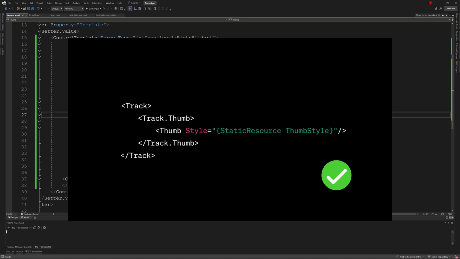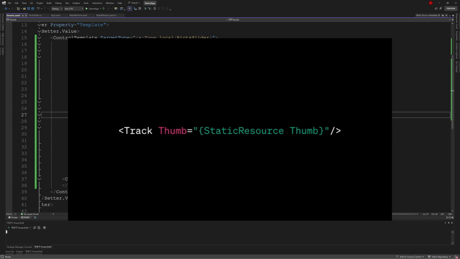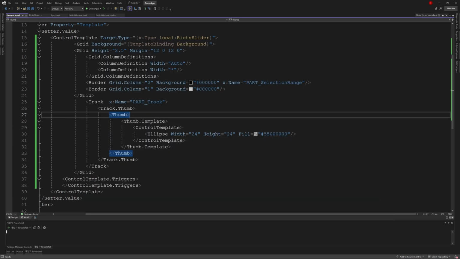But constantly expanding it this way is too cumbersome, so we can make the thumb a static resource, displaying the thumb style, allowing us to present it in just one line of code. So the conclusion is, in a resource dictionary, we are not limited to defined styles. Resources like thumb can also be defined, including geometry, solid color brush, and so on that we have tried before. All follow the same concept. So let's proceed to write this section based on this logic.